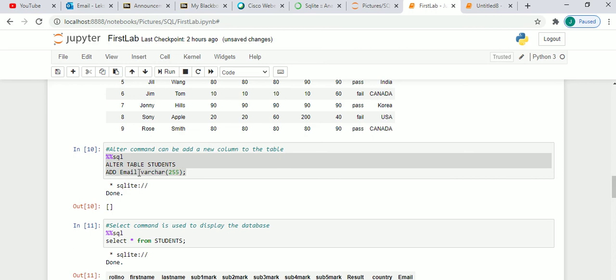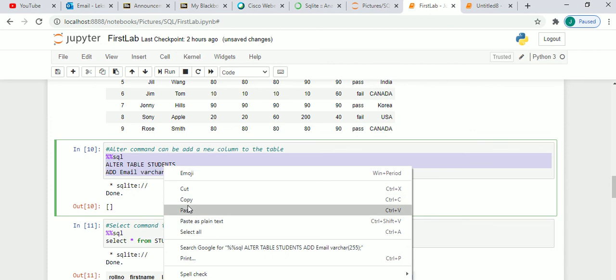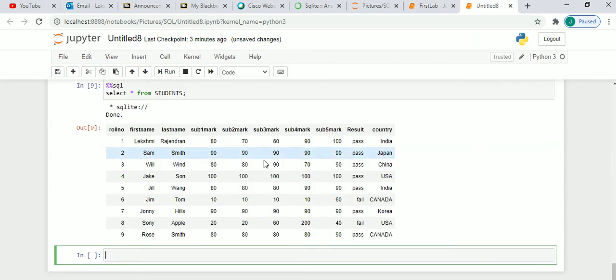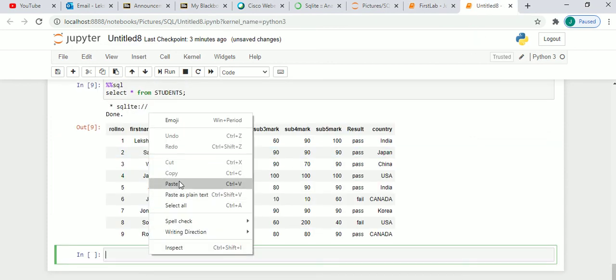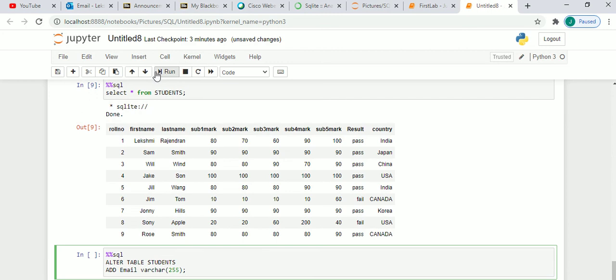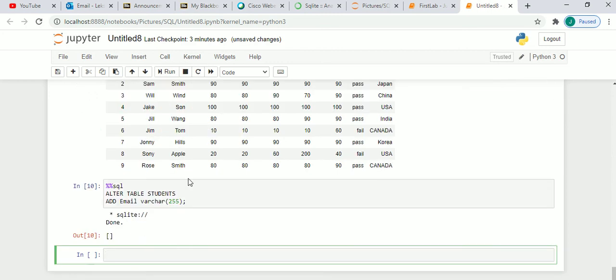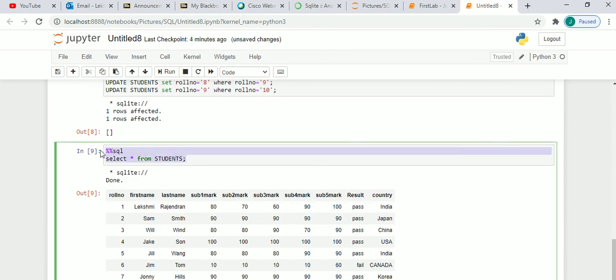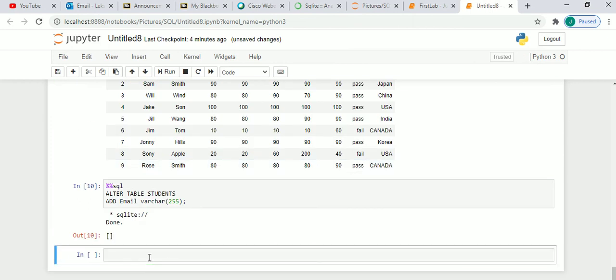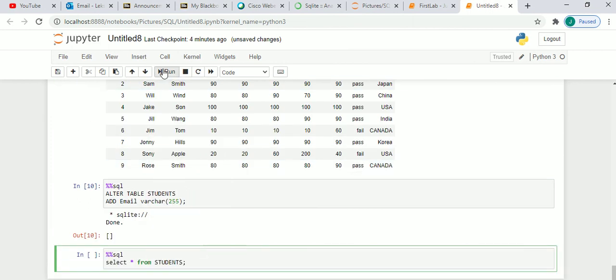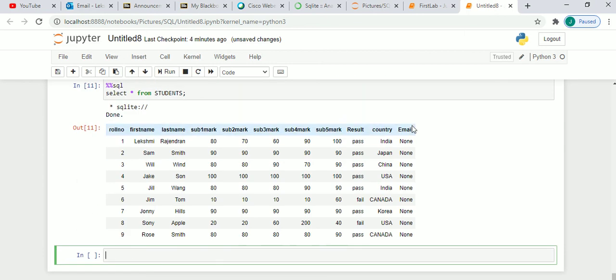So the next thing that we can do is alter. Here I'm going to add a new column to it. The column's name is email. So let's copy this and see how it is. It says it is done.